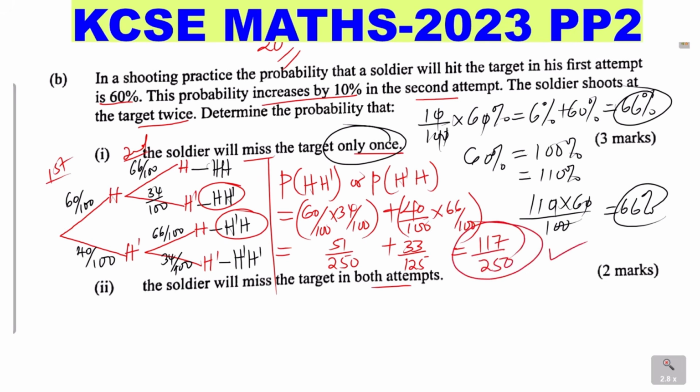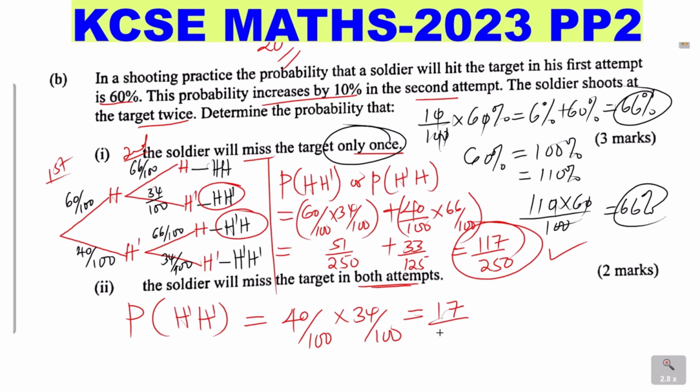That is the solution. The second part, the soldier will miss the target in both attempts. Missing in both attempts means the probability of not hitting. That is what we mean. So we are getting that from here. This is where he misses in both attempts. So that would be given by 40% times 34%, and when you work it out and simplify, you get 17 divided by